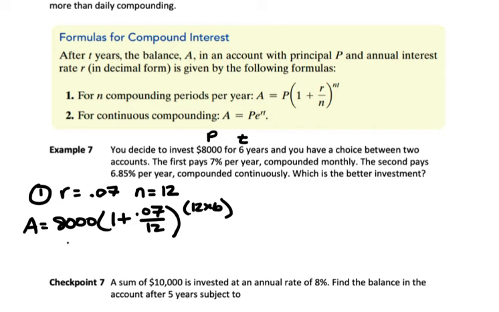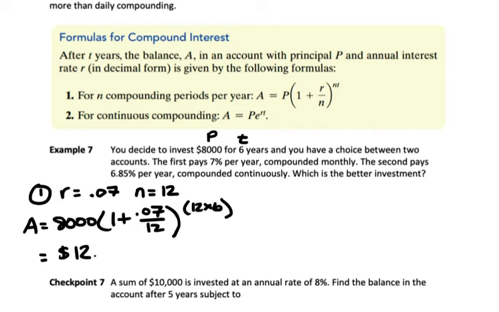So now I would type this all into my calculator at once, ideally. If not, what you would have to do is multiply 6 times 12 first, then you would have to do this calculation, raise it to the 72nd power because that's what 12 times 6 is, and finally multiply the answer by 8,000. It's much easier if you can just type it in all at once,